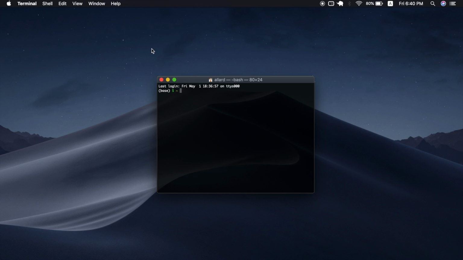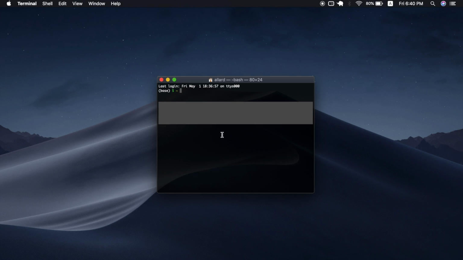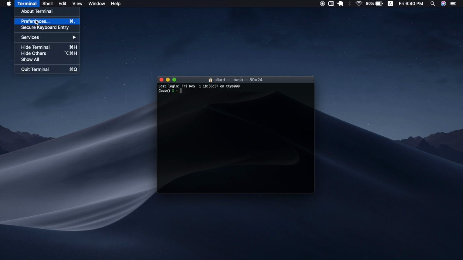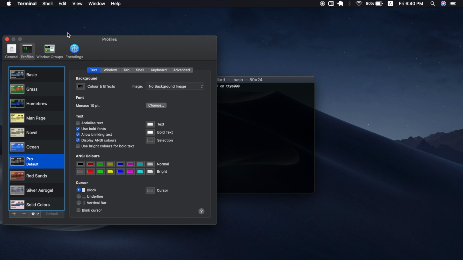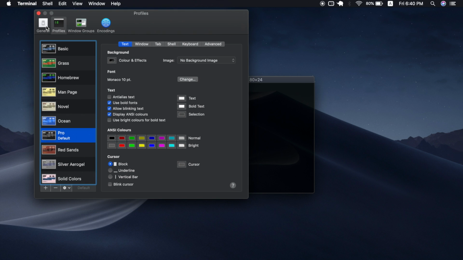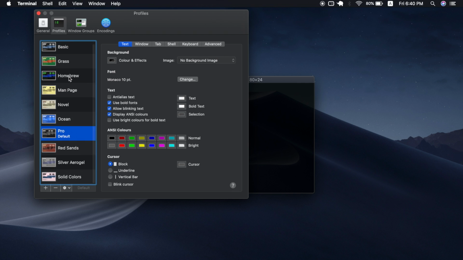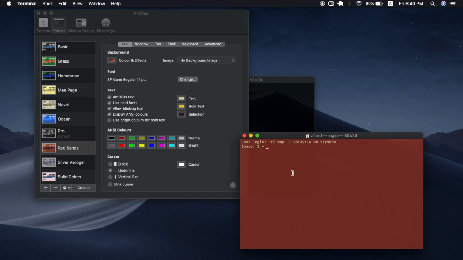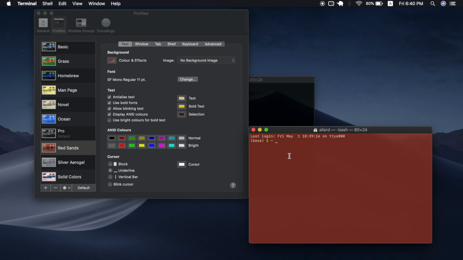So first of all, how do we change the appearance of this terminal over here? As you can see, this is not the default prompt. This is a Pro theme actually. So the way to do this is to go to the terminal and click on preferences. In your profiles tab over here, general profiles, we have a list of sample themes that you can select. For example, if you want to look at Red Sands, which I think is quite nice as well, double click it and it will open up at the side a sample of what it looks like, and you can type